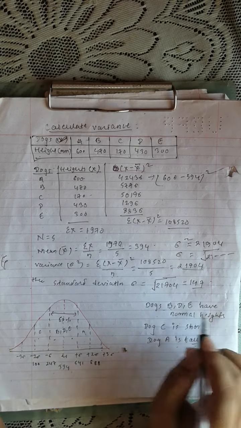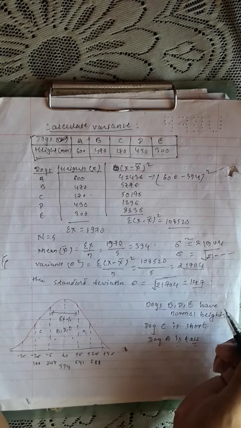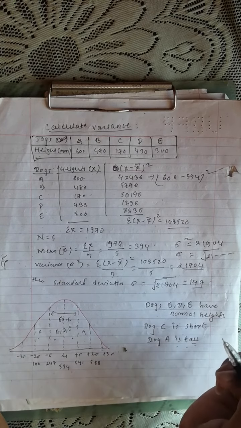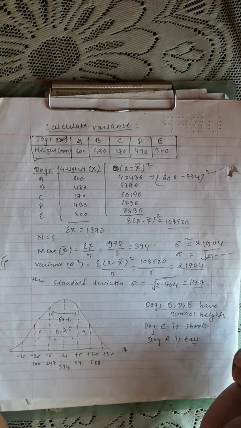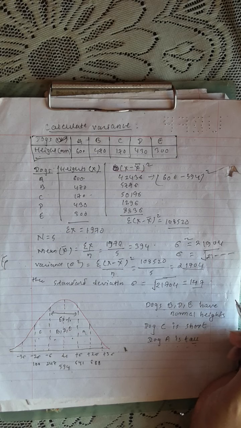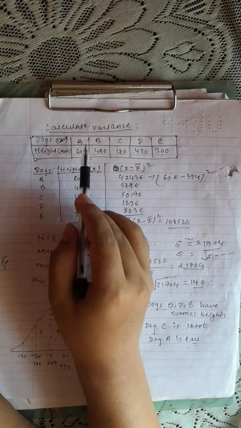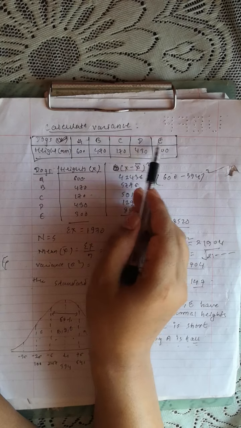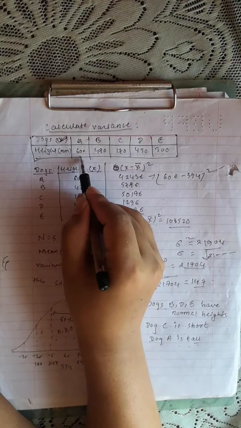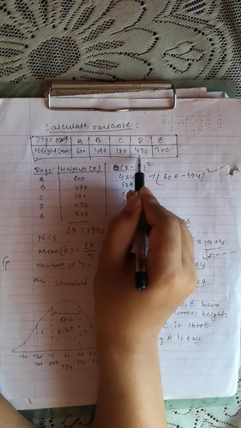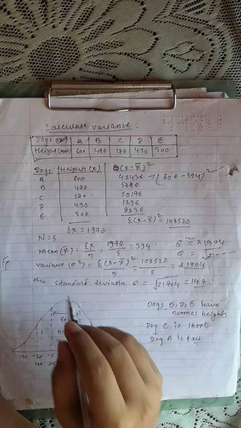So in this video we'll calculate the variance, try to interpret the values and find some conclusions. Let us suppose that we have 5 dogs: A, B, C, D, E. These are the heights of the dogs in millimeters. Now we need to calculate